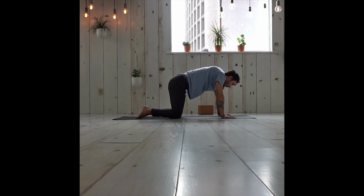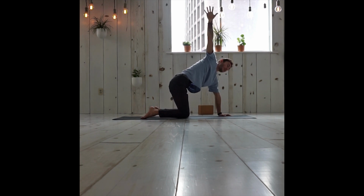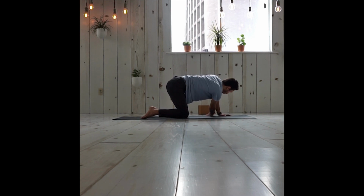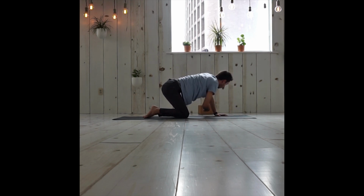Take a nice slow inhale to stretch the right arm up towards the sky as you revolve the chest open. And as you exhale, thread the right arm underneath the left arm, drop the shoulder and cheek towards the mat, and find your shoulder stretch. And use the left palm for support, press into it, revolve the right side of the chest all the way